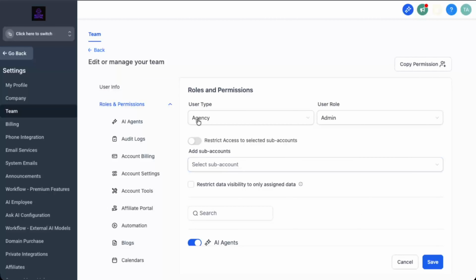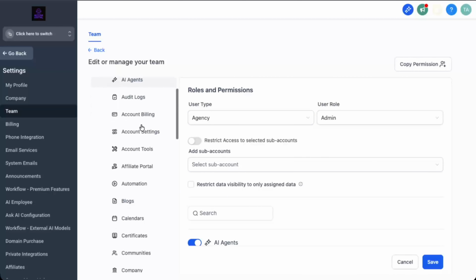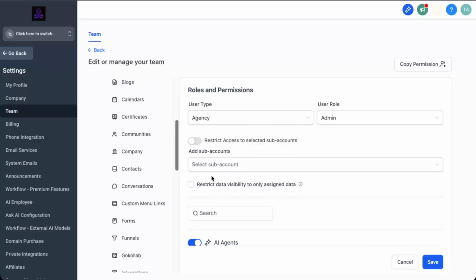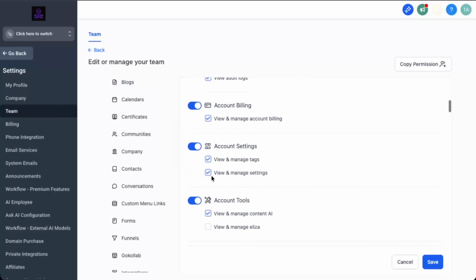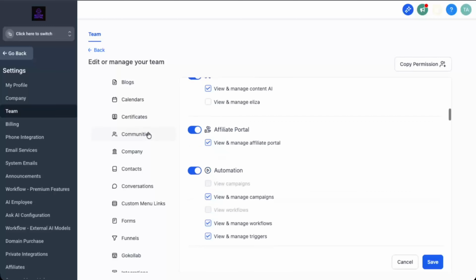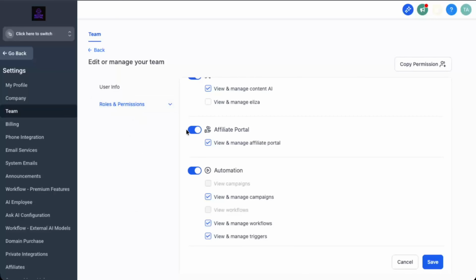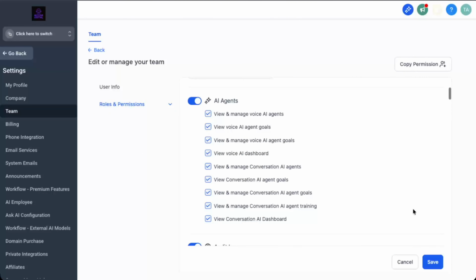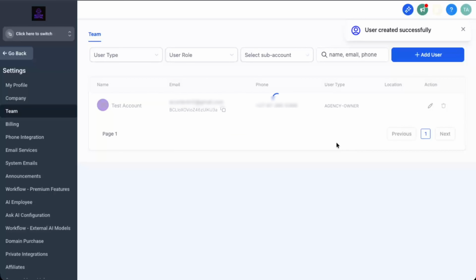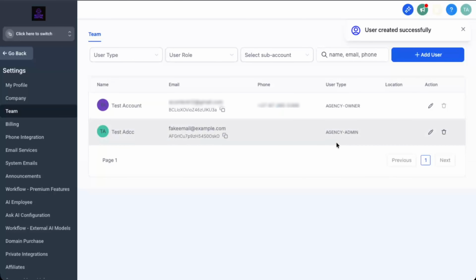This will take you to the part of the setup where you decide what this user is allowed to do in the system. Here, review the available permissions and select the appropriate role for this team member. Choose the level of access that matches their responsibilities, whether that's full admin style access or more limited, task-specific access. When you're happy with the permissions and role you've assigned, go ahead and click on Save. That's it. Your new user is now created in GoHighLevel and ready